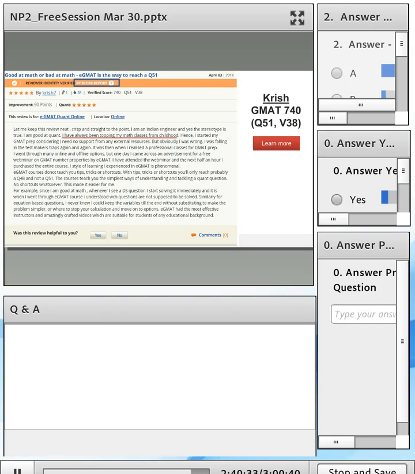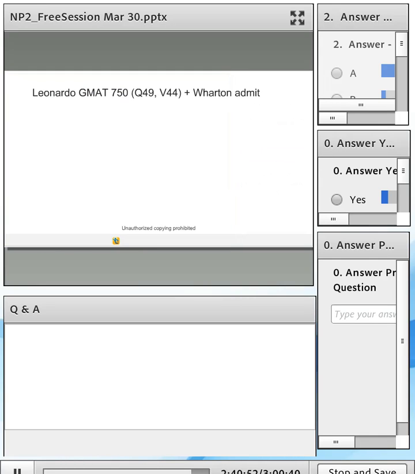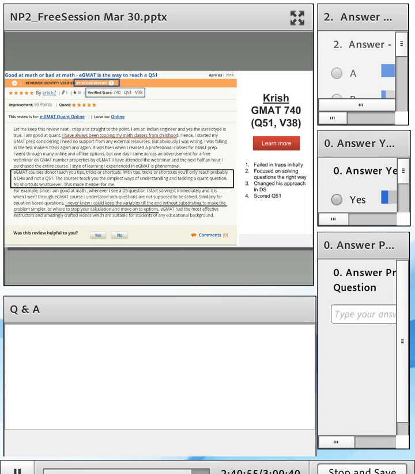Frustrated with the lack of progress, he decided to change his approach and he started following a methodical approach, even changing the way he would solve DS questions significantly. And after making these changes, he was able to improve his quant score to Q51, which is the highest possible, scoring a 740. So, really, the things that he did were that he organized the information better and he understood that simplification and applying those basic concepts is the key to solving such questions.